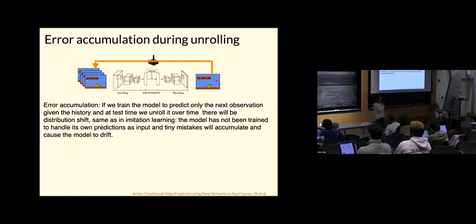Basically, what I'm saying here is that if you just predict the next image given the right image, and that's it, and then at test time you just unroll it, the network is going to be very surprised because instead of seeing ground truth images, it sees its own predictions. And then you may say, oh, but I'll train it a lot. Sure, you'll train it a lot, but still at some point there's going to be some deviation. And when the network sees that deviation, it cannot recover. All right, that's the problem. It's the same error accumulation that we saw in imitation learning, maybe. It's just that here we don't deploy anything in the world. We just feed predictions. So the solution, do you guys understand the problem?